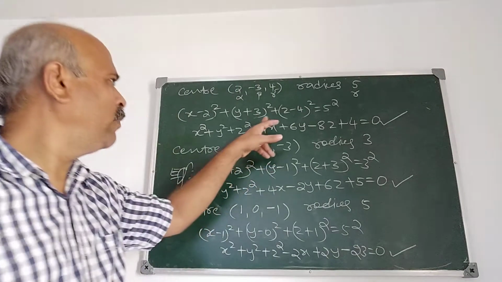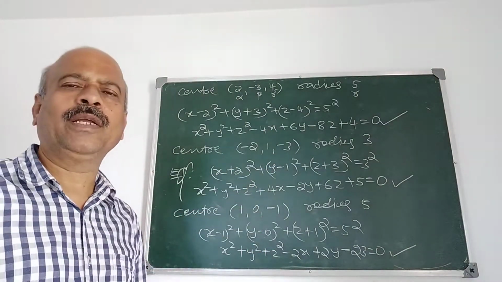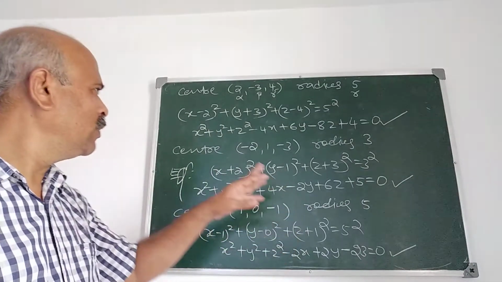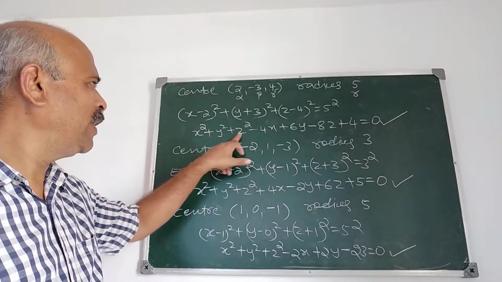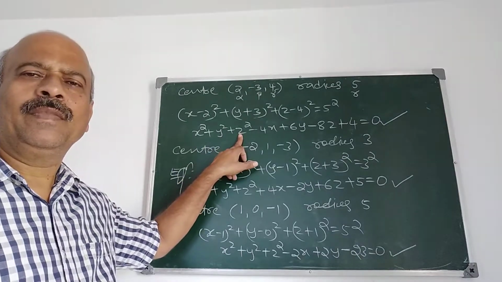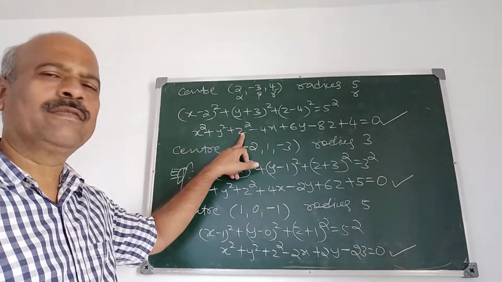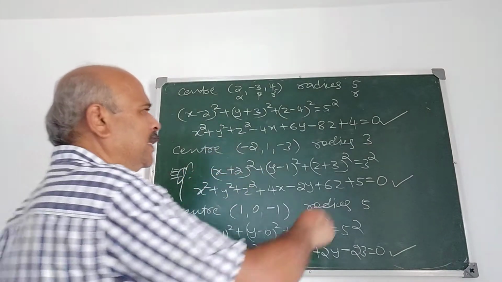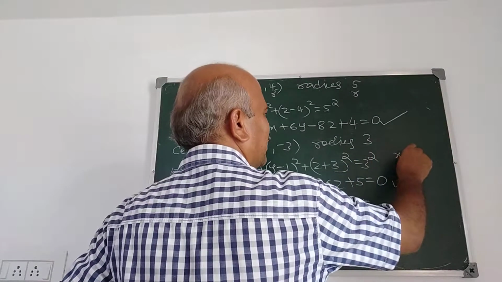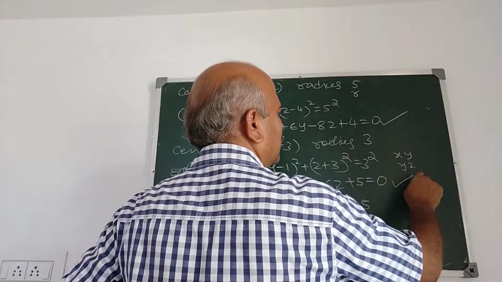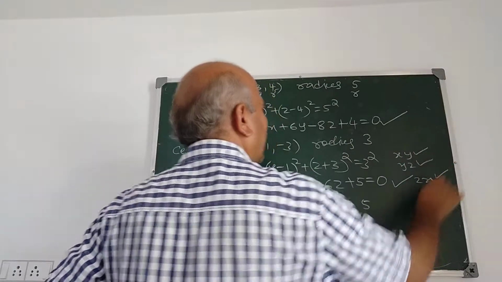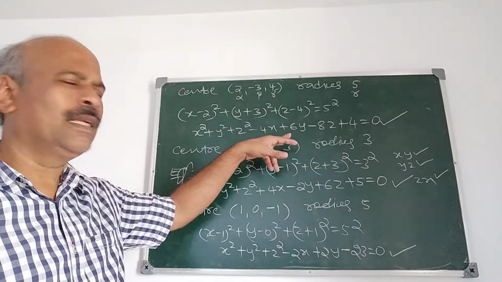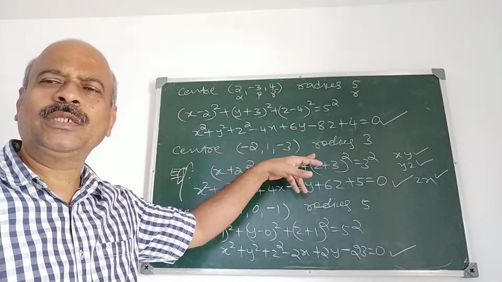Now see these three equations of the sphere. What do you observe here? In these equations, the coefficients of x², y², z² are the same, each is 1 in all the three cases. And there is no mixed term. Mixed terms are xy, yz, zx terms. These terms are not there in the equation. By using the central form, we have written the equation of the sphere.